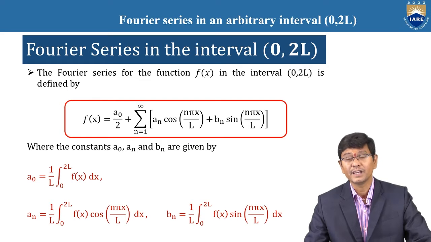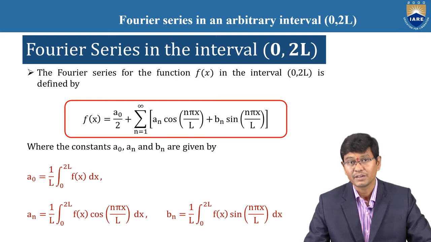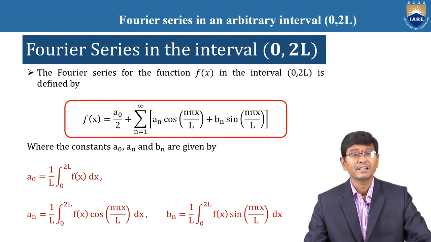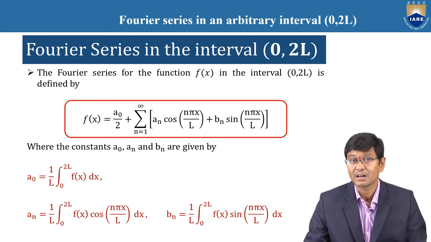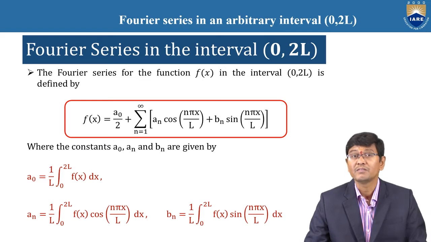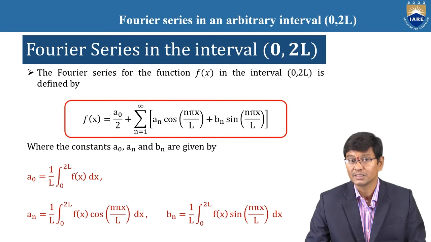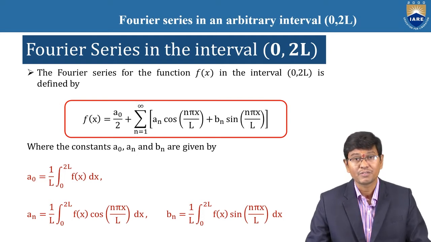That means when any problem is given, first of all we need to check the given limits, whether they are in terms of pi or in terms of l, that is, arbitrary periods. If the limits are arbitrary periods, you need to observe whether it is 0 to 2l or something else. But whenever the given problem is 0 to 2l, then we discuss it with the help of this procedure, and first of all, you identify the value of l.